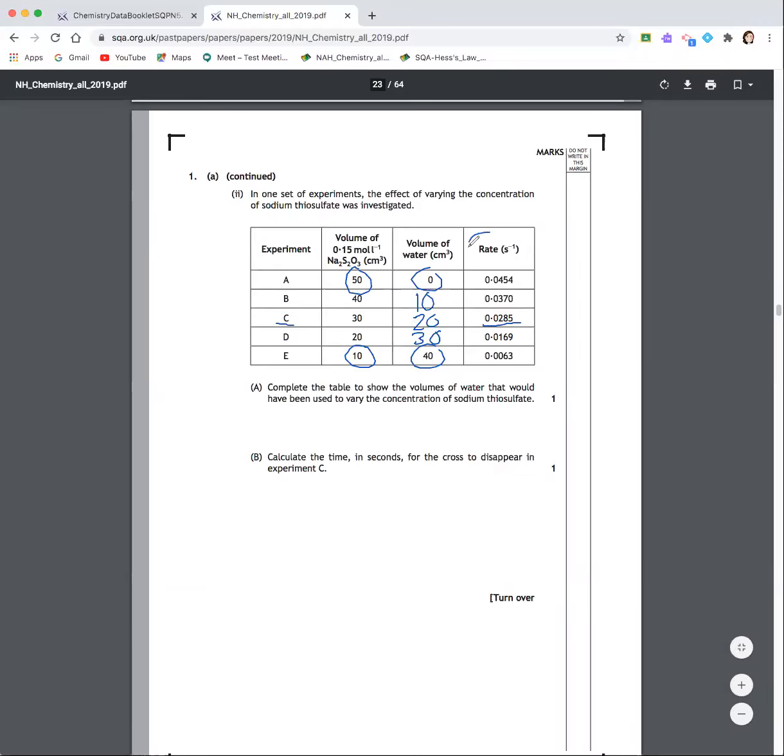We're given the relative rate. So the equation for relative rate you get in the data booklet on the contents page as 1 over T, but we are trying to find the time in this case. So we need to rearrange the equation. So you rearrange it to T equals 1 over rate. So because we're looking for the time in experiment C, we do 1 divided by the relative rate of experiment C, which if you put into your calculator, would give you